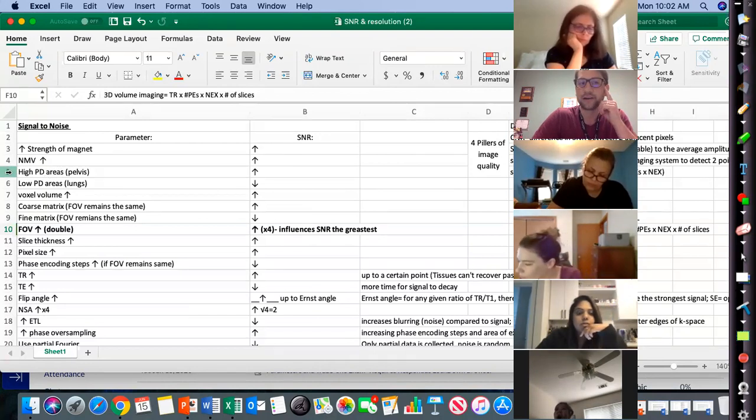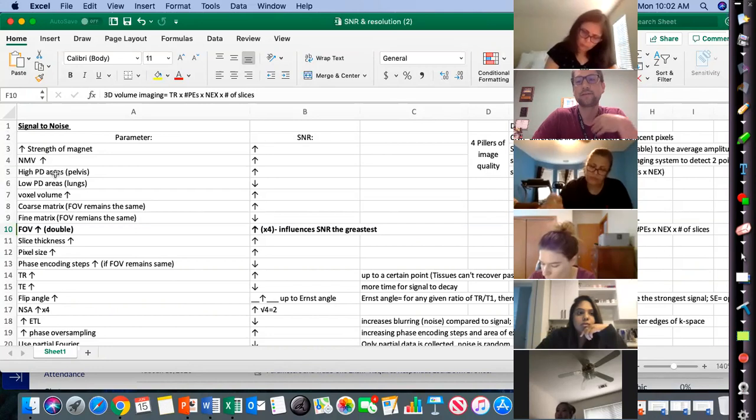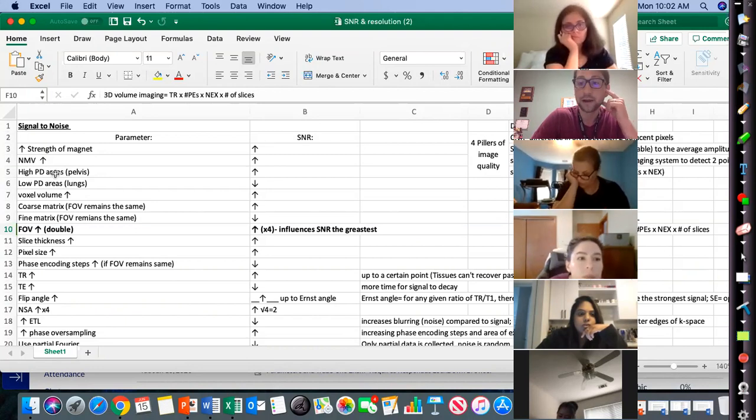Number 5 here, row 5. High proton density areas like the pelvis or the brain have a higher SNR. And I don't really think I need to ask you guys that, because you'll have more hydrogen protons coming from that tissue. You can excite more hydrogen protons with that particular tissue compared to an area that has low proton density,